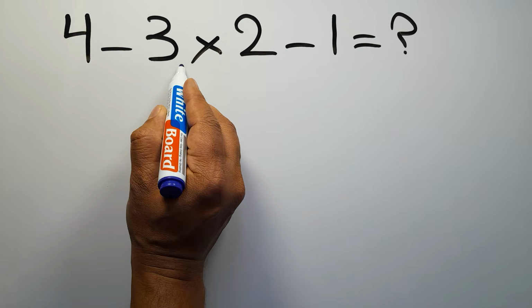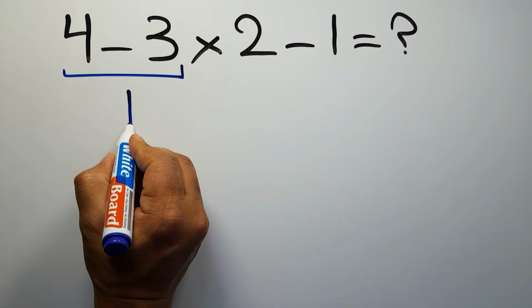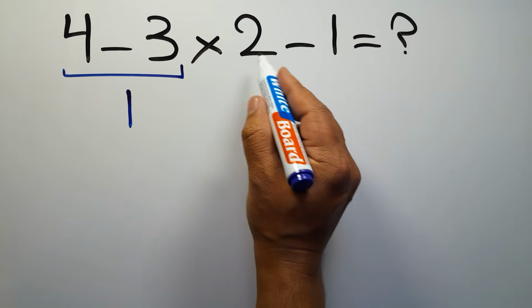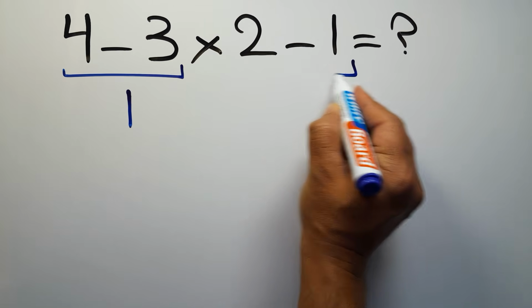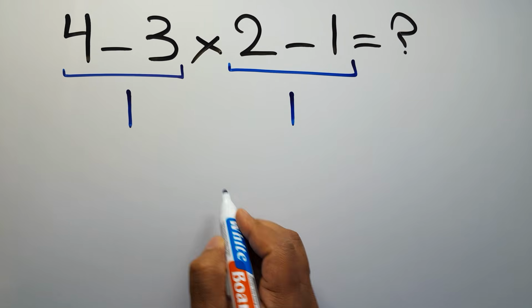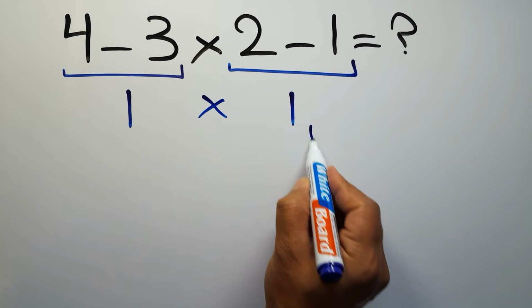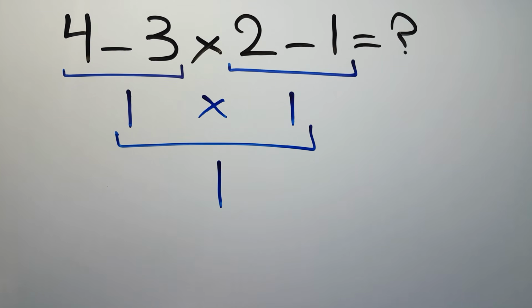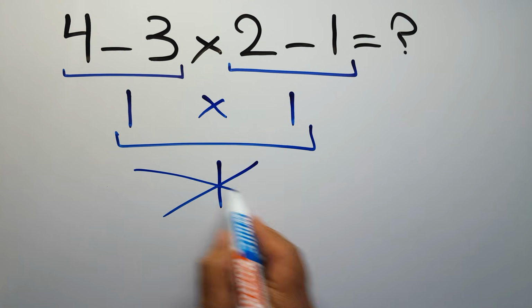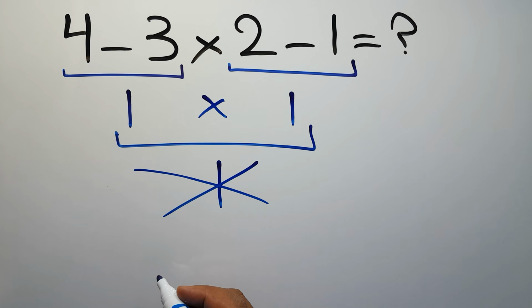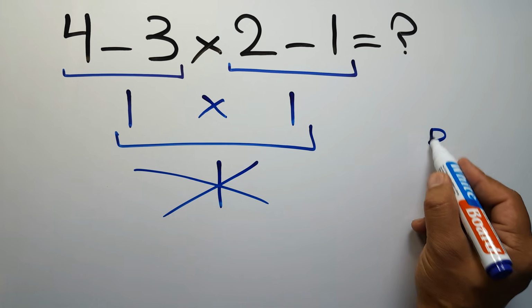4 minus 3 gives us 1. And here we have 2 minus 1, which again equals 1. So 1 times 1 is just 1. But this answer is not correct, because according to the order of operations, which is PEMDAS,